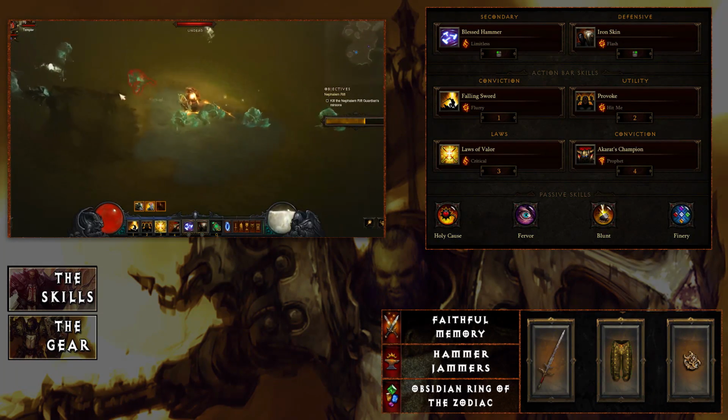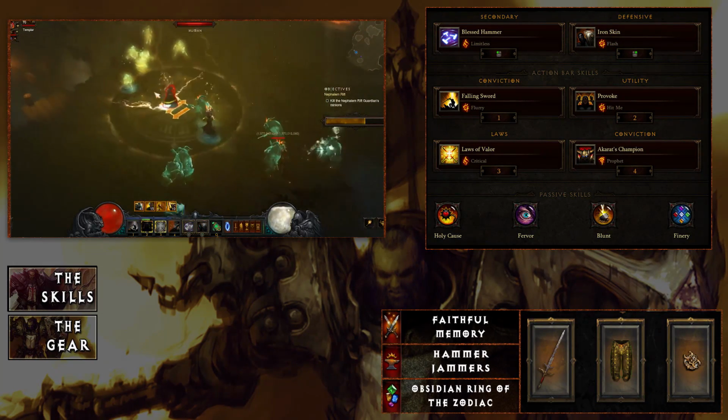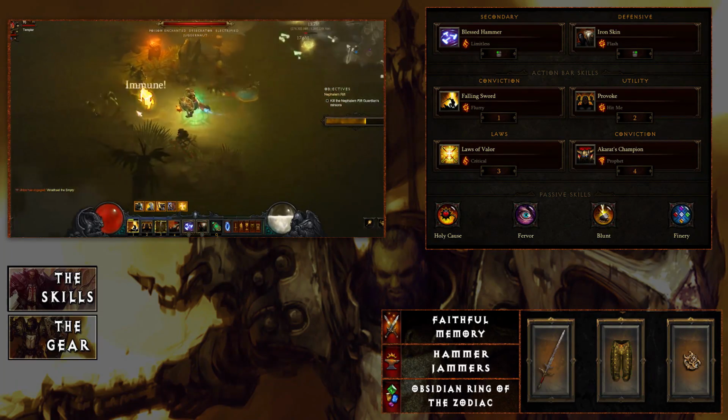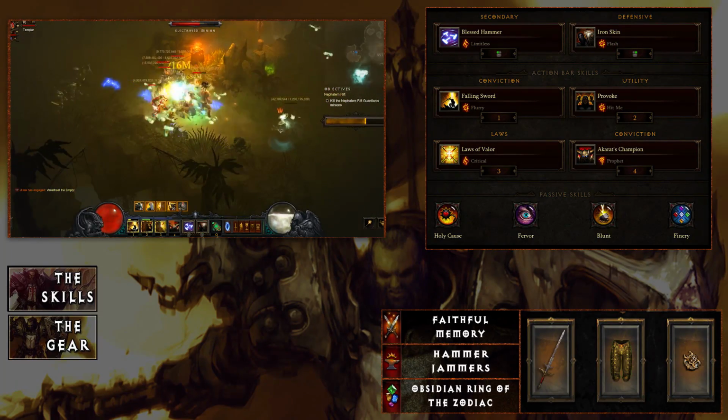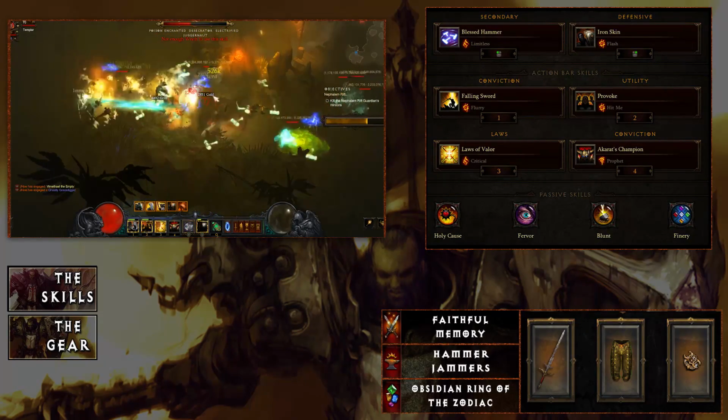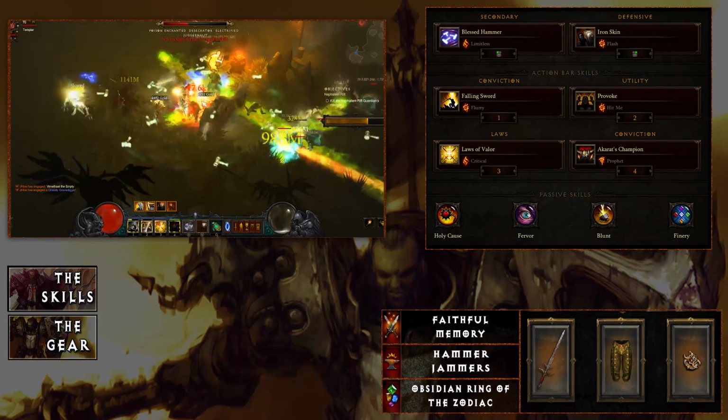For the passives, Holy Cause is pretty crucial to the build. We already talked about the holy talents between Blessed Hammer and Falling Sword. Whenever you deal holy damage, you heal up to 1% of your total life, and you're going to be spamming a lot of those hammers, and they're holy, and this is one good way to make sure you stay alive